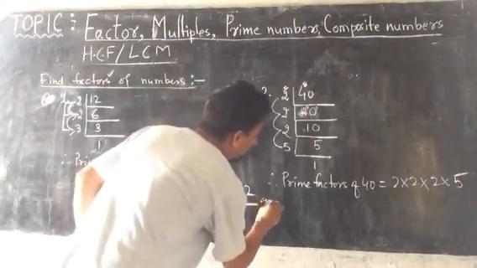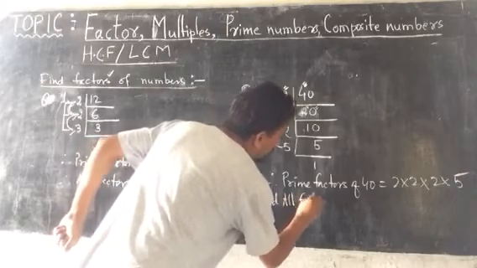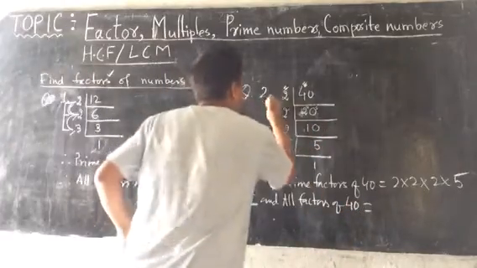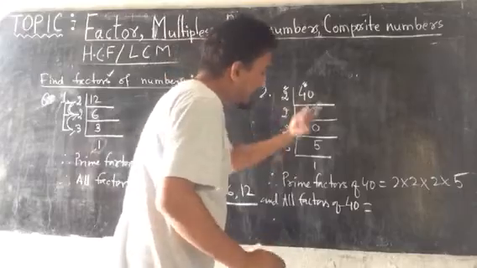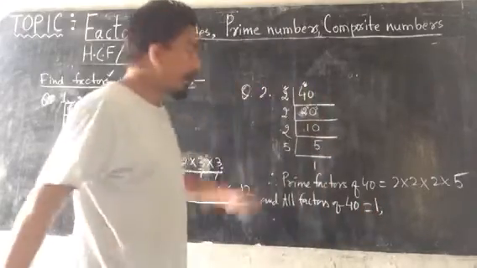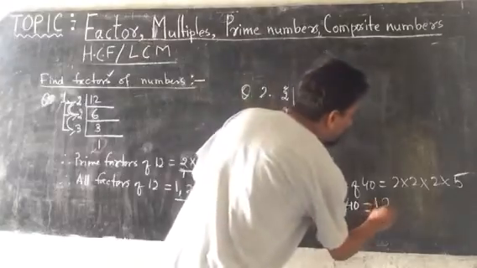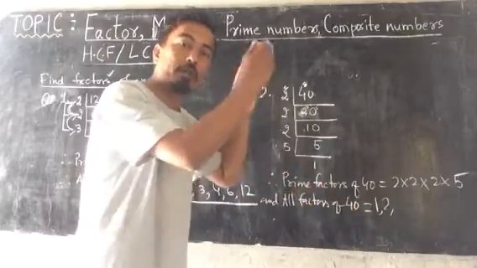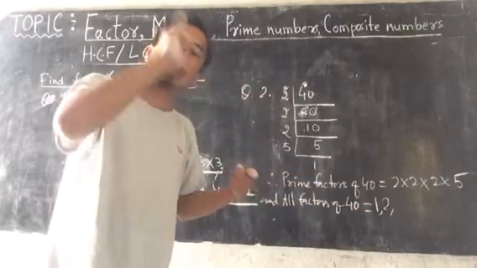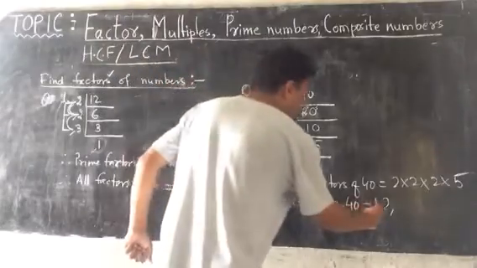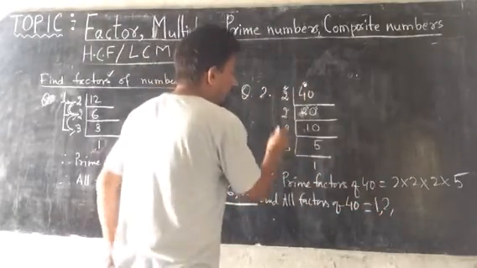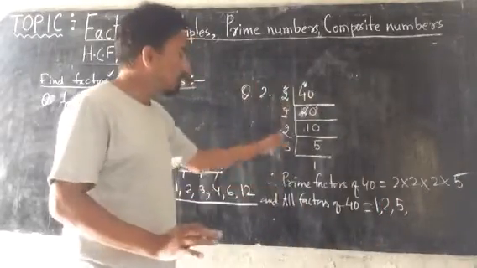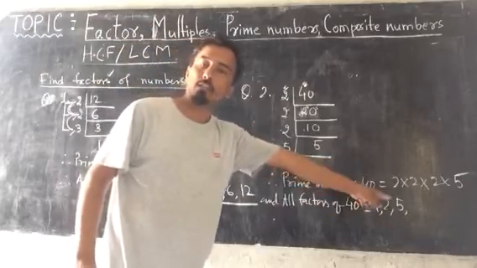Okay? These are the prime factors. Now, how to find all factors? All factors of 40. If you did not understand here, try to understand very clearly. In case of all factors, you always start with 1. After that, write these factors. 2 is 3 times, you have to write only 1 time. In case of all factors, you are going to find all the factors, meaning all prime factors and all composite factors. So 1, 2, after that 5. All the separate factors you have to write, first all prime factors.